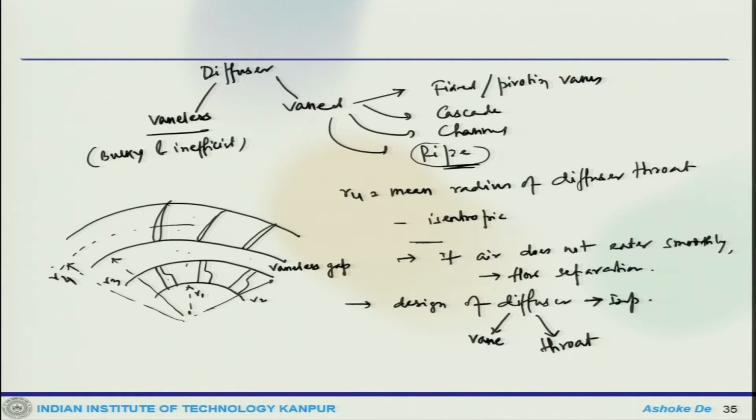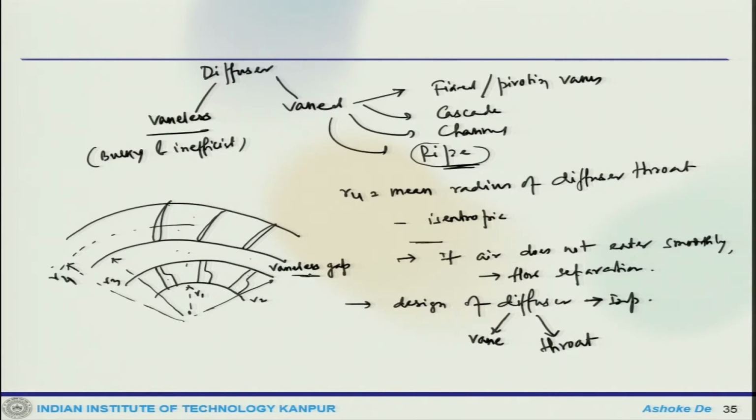So, there could be a vaneless space between the impeller and the diffuser. Now, because the air leaving the impeller has to traverse through this gap, its direction may change, because it may not remain the same leaving the impeller tip. So, to find the correct inlet angle of the diffuser vanes, you need to consider this vaneless passage here